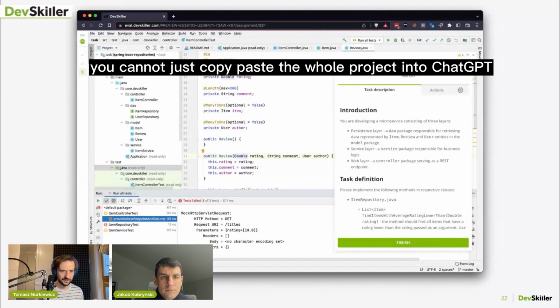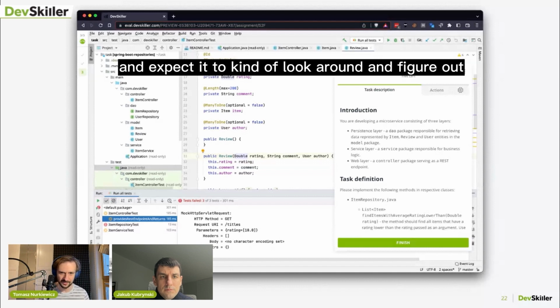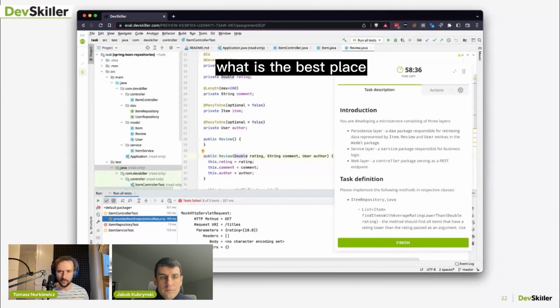You cannot just copy and paste the whole project into ChatGPT and expect it to look around and figure out what is the best place to make changes. Like, what is the overall picture? The AI tools aren't there yet. Maybe there will be one day,